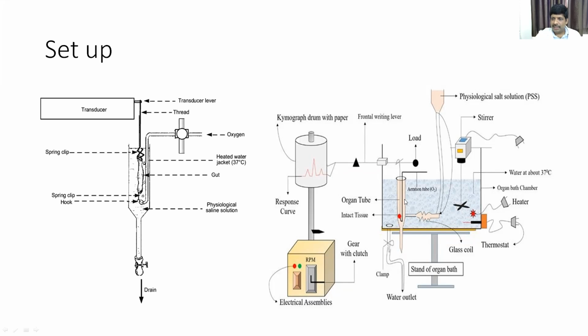When everything is ready, another part here, you need to maintain the temperature also. Animal body has some temperature in which the tissue is there, so you need to maintain that temperature. So for that temperature, one coil is there, and then one plug is there. You need to heat this water. This is filled with water up to this level, and then there is a thermostat. So you need to maintain the temperature.